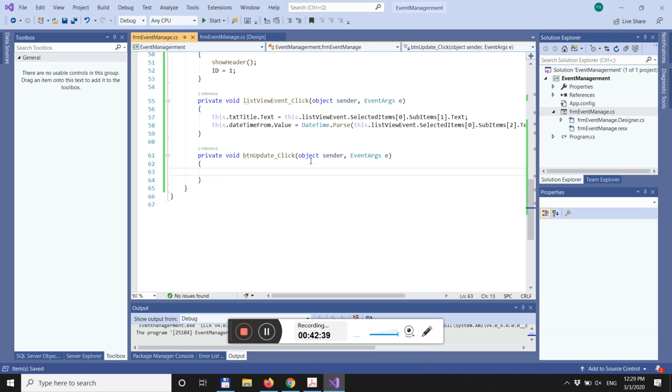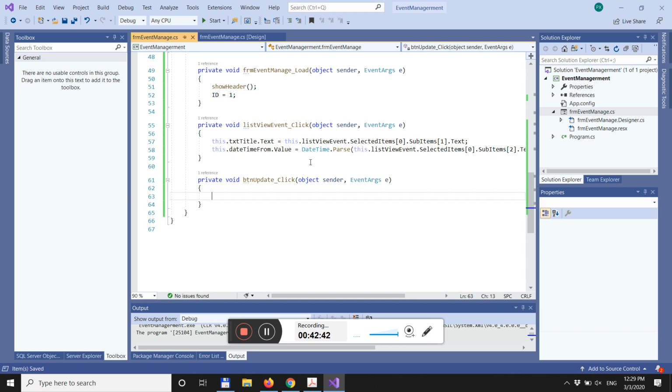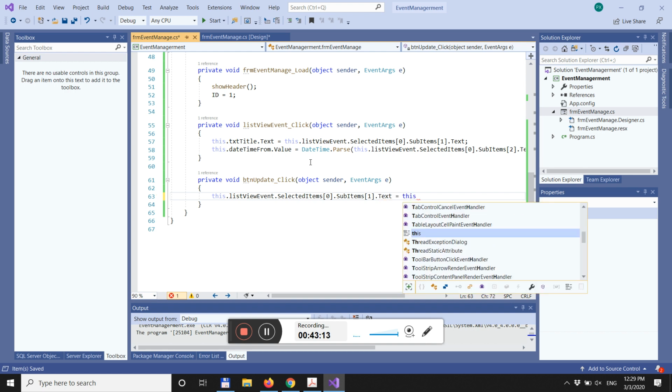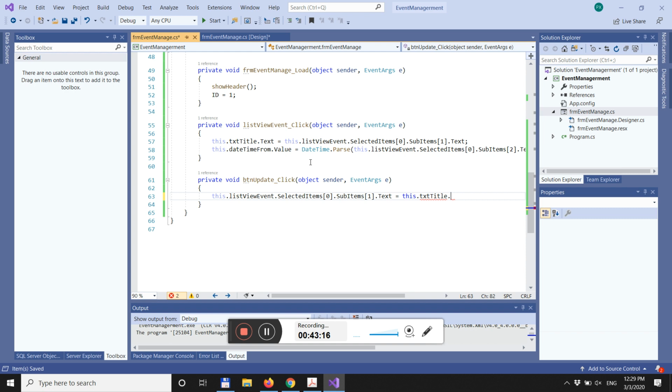First is this list view event selected item 0. Now search item 1. Now test echo this activity test,